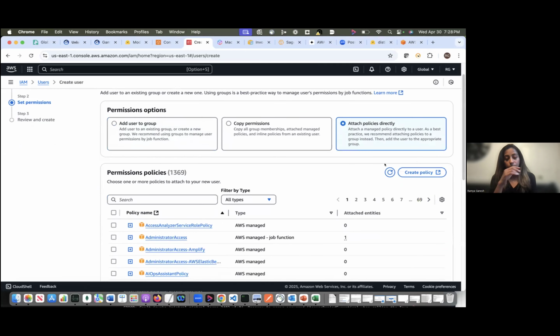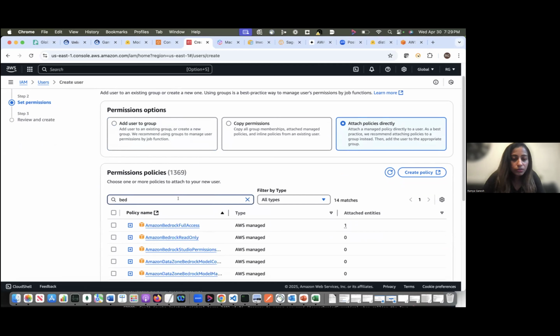So say, for example, you're wanting to use Bedrock. You're trying to play around with Bedrock to infer a model. So make sure that you use this Amazon Bedrock full access. So that will let you have, it's like an Amazon administrator access, like you can do anything like execute, run a model, deploy a model, train a model, and all that. So make sure that you attach this policy to the user.